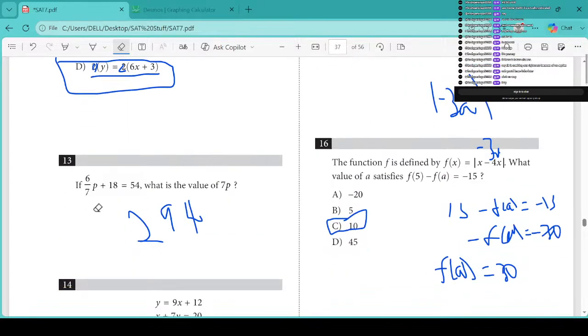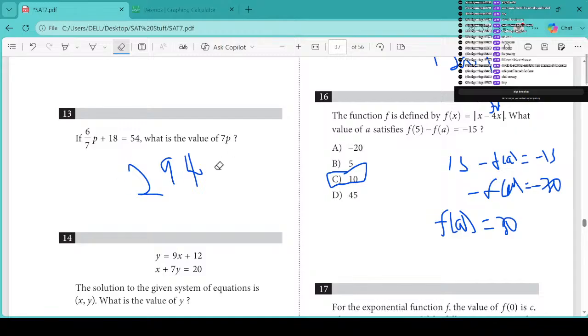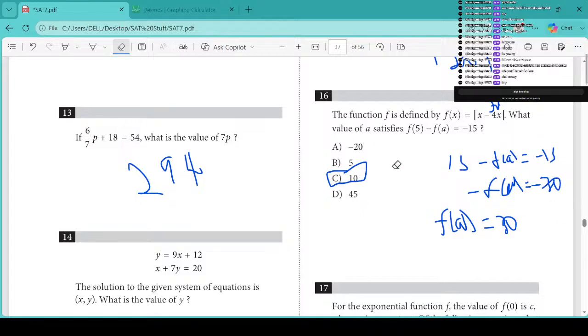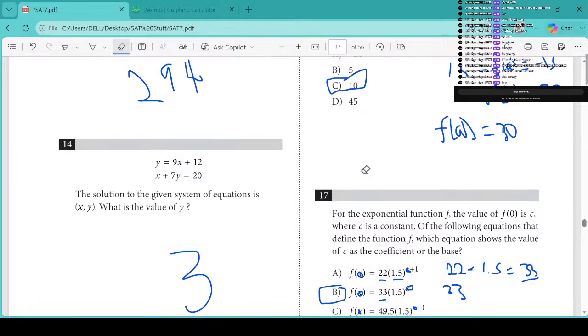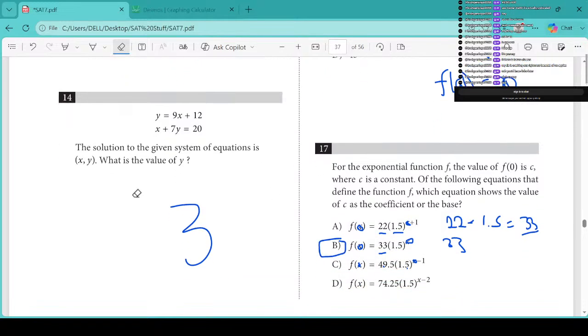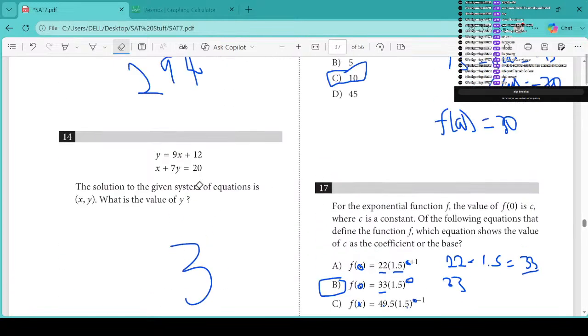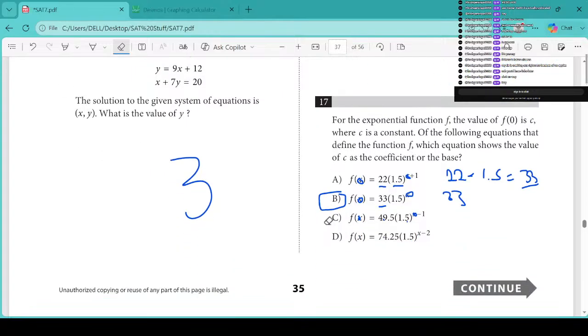Circle equations, algebra again, functions. Yeah, this is kind of tricky. You have to just substitute and do some weird stuff. Solution to system of equations, just plug it into Desmos. For this one is,